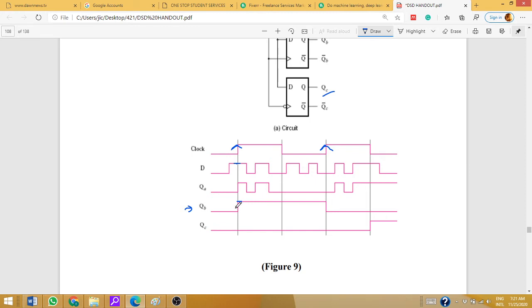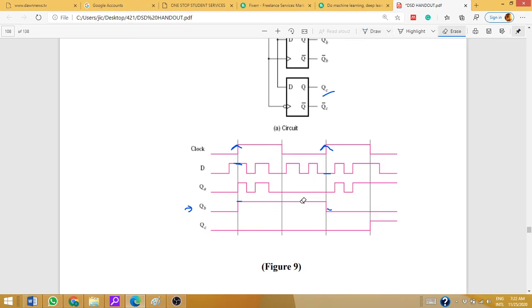Now this transition is coming in output QB. This transition is during the positive edge of the clock. So during this positive edge, the value of D is high, so it stays high until the next positive edge of clock. During the next positive edge of clock, D is low, is it? So here it moves to low, and it will continue here. Okay, I think it's easy, it is not difficult. You have an idea, you studied the same thing in your associate as well.